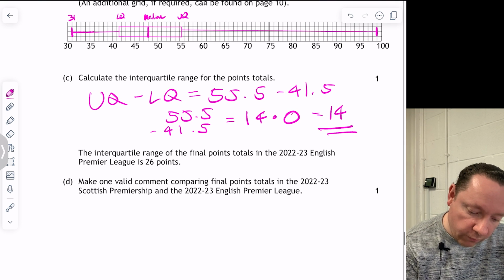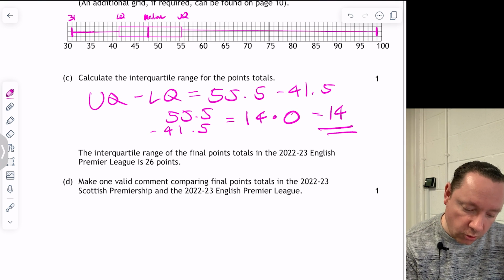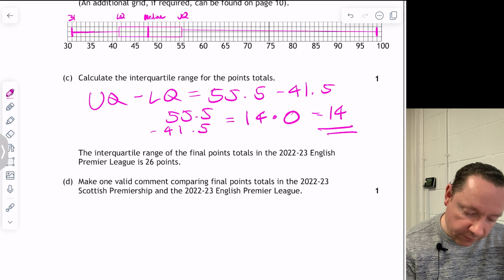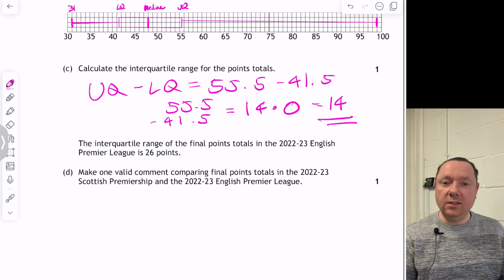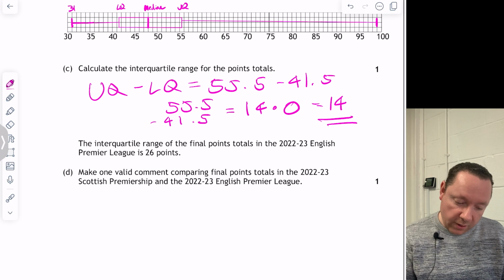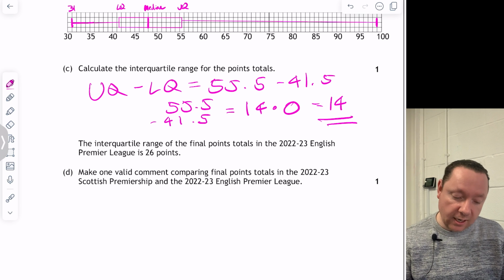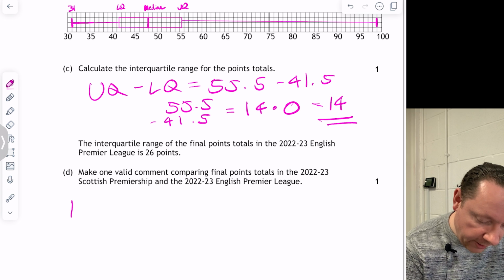Interquartile range of the final points totals in the 22-23 Regis 26. Make a valid comparison comparing the final points totals in 22-23 Scottish and English premierships. So if you're comparing the medians or the means, it's on average, but we're comparing the interquartile range. That's the same for standard deviation. So it's about variability. So the final points